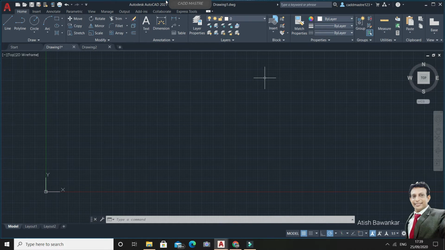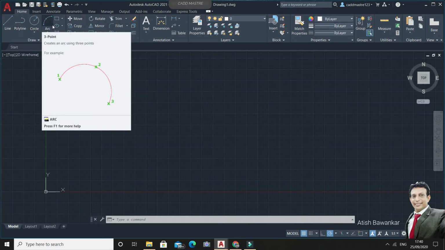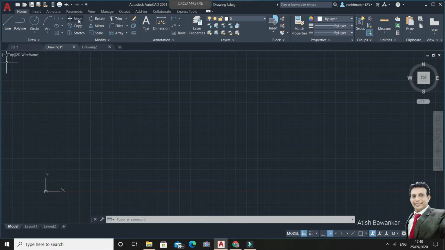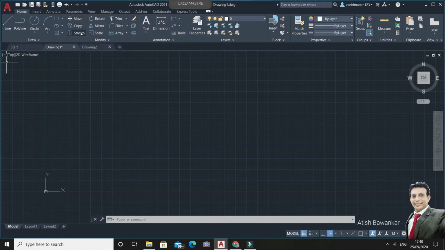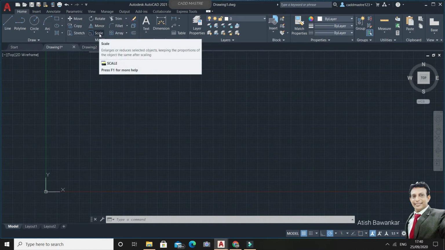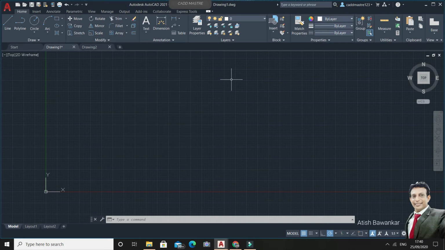There are a lot of shortcut keys we generally use in AutoCAD. Let us consider: for line we use the shortcut key L, for polyline PL, for circle it's C, for arc it's A, for rectangle it's REC. Similarly for modify you can use shortcuts for move M, copy CO, stretch S, for rotate you can use RO. For trim you can use TR, for mirror it's MI, for scale we mostly use SC. So these are predefined by Autodesk.